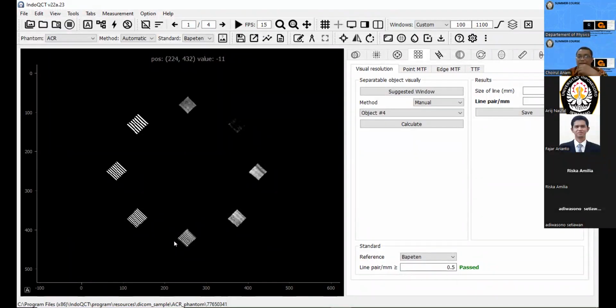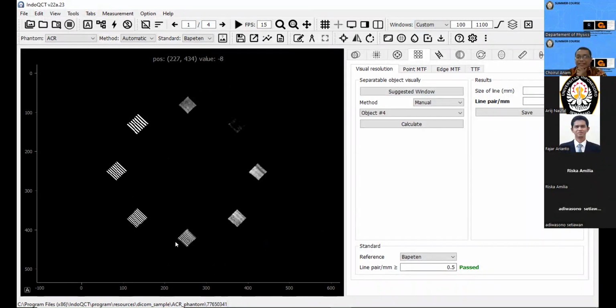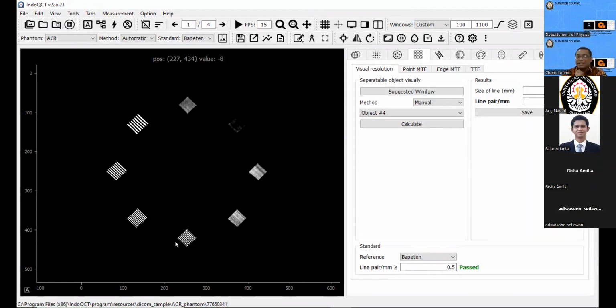Now we will try another one. In this example, I will add a blurring using IndoQCT, because IndoQCT is not only for clinical application, but also for educational application.